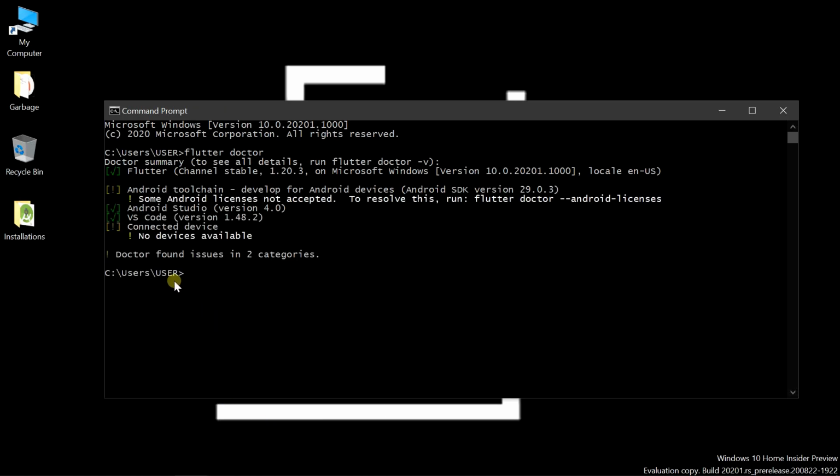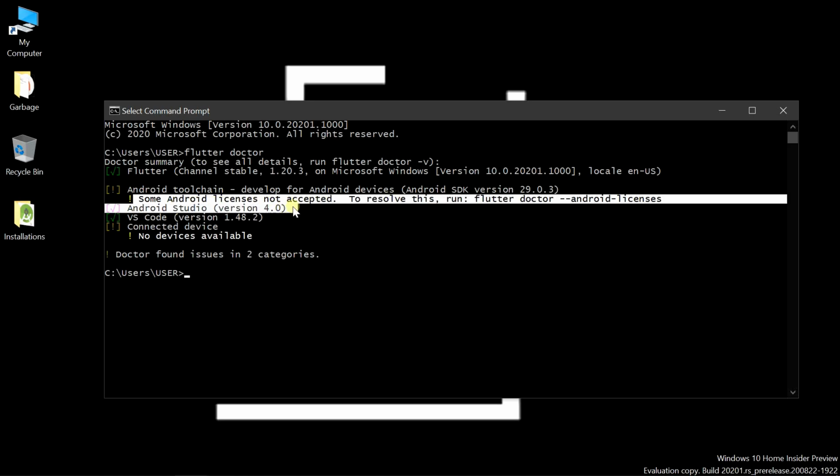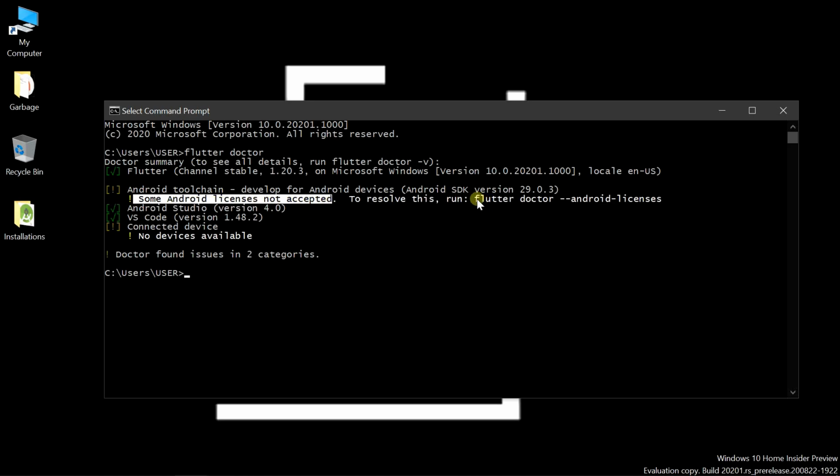It is showing me two issues. One is that I have no devices connected, so that is fine, I haven't connected my mobile. But this one concerns me: some Android licenses are not accepted, so I'll resolve this by running this command. You can just copy paste that.